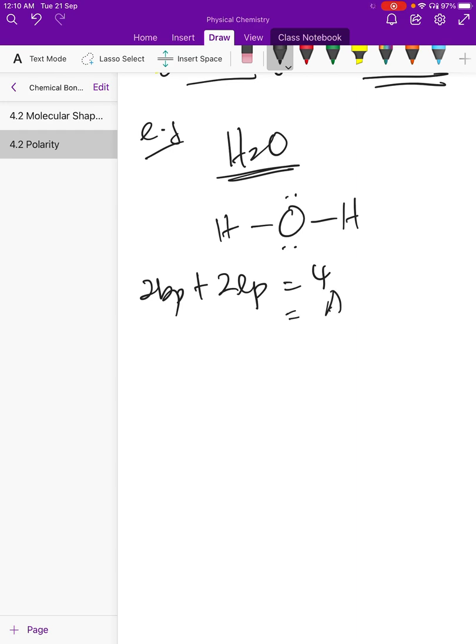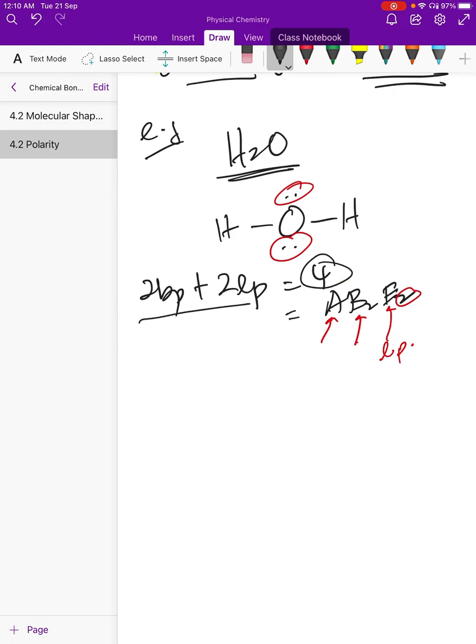Or we say AB2E2. A stands for central atom, B stands for terminal atom, E stands for the lone pair. You can check here, there are 2 lone pairs, right? So AB2E2. From our previous understanding, 2BP, 2LP, 4, the shape is V shape,